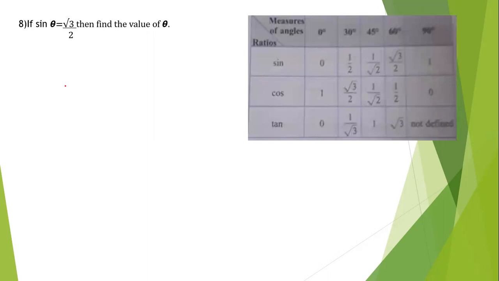So for this also, you need to know this table. If you know the table, then the sum becomes very easy for us. It is only of 2 lines, but for solving this, for getting the right answer, we need to know this table. Okay, so let's begin with the sum.